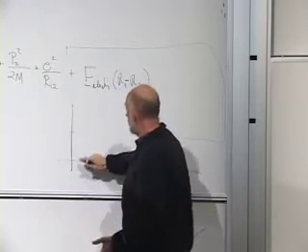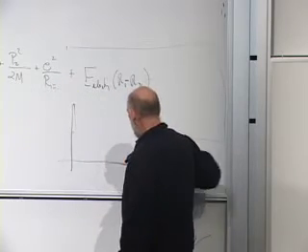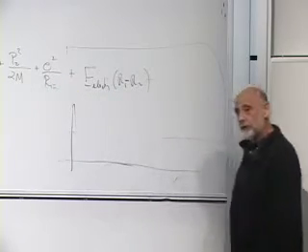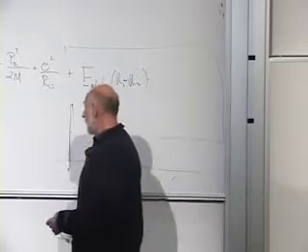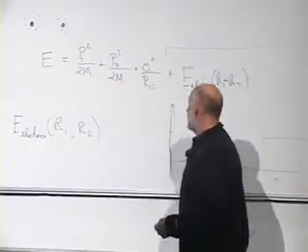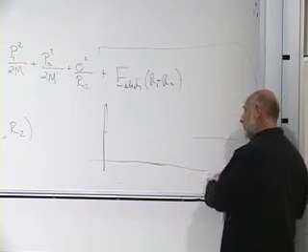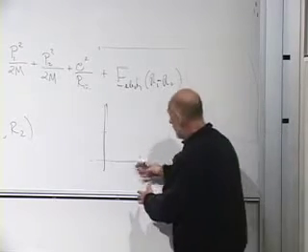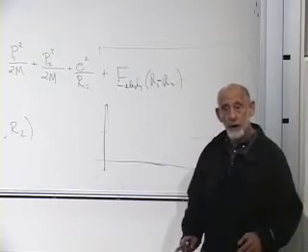When you combine it with this term here, it gives you a potential energy which looks something like this. When the nuclei are extremely close together, it's completely dominated by the Coulomb term, repulsive. When they're far away, there isn't much energy between them, and in between there's some attraction,